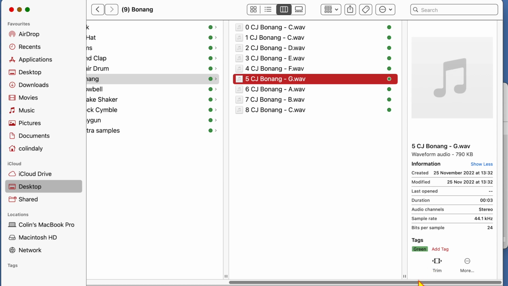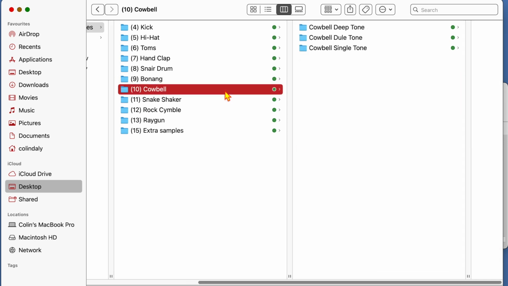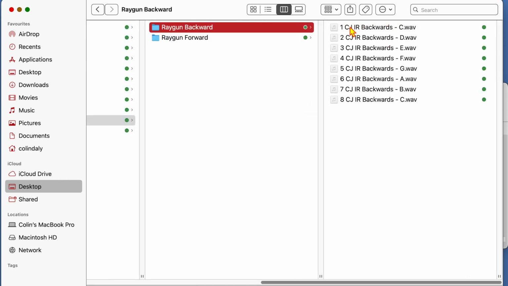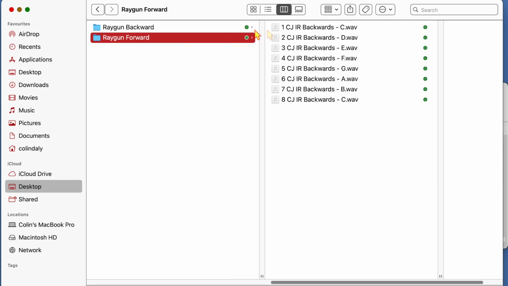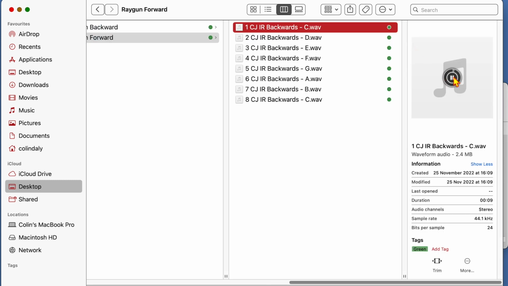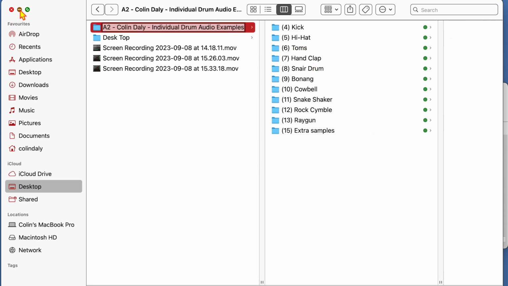So it's good to try and make sure these are top and tailed, EQ'd, the correct length that you desire, so you don't clip off any decays, that sort of stuff. These are the Rayguns forward and backwards. Forward and then the Raygun backwards, just for fun. Right, so that is our sample pack, and we load that into